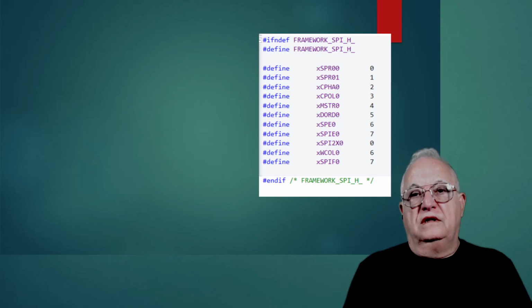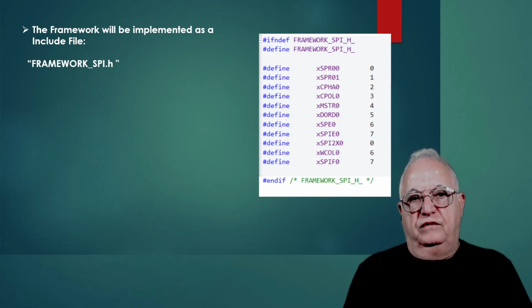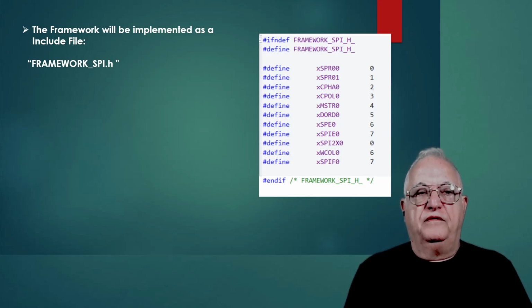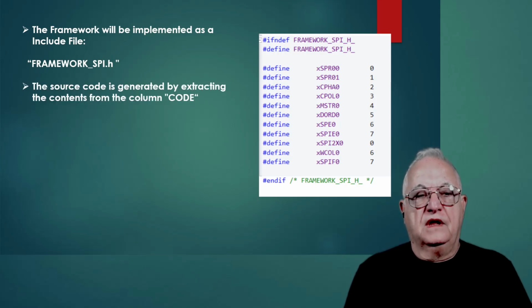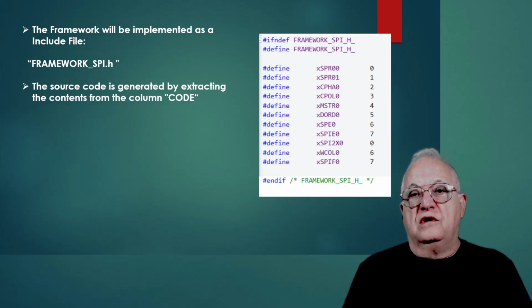So this shows you the framework, which is an include file. The name of the include file is framework SPI, so it's right here. Now the source code is generated as before by extracting the contents of the column codes. So we took the stuff on the column code